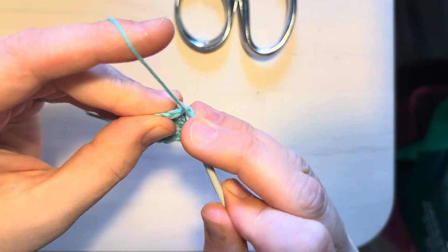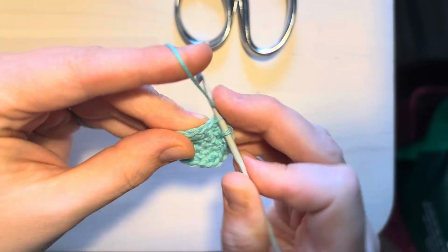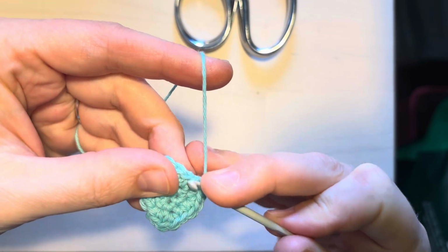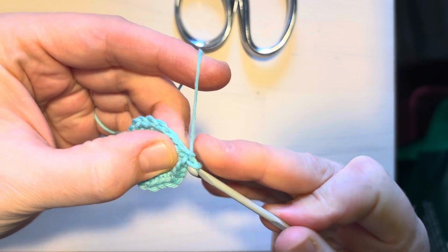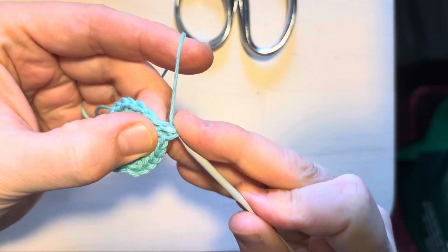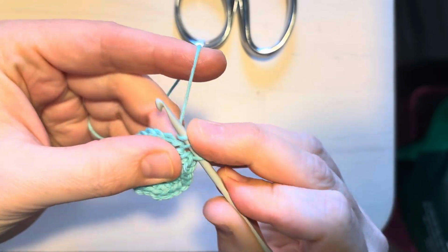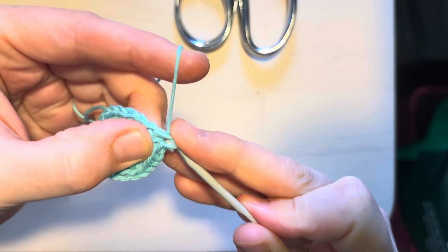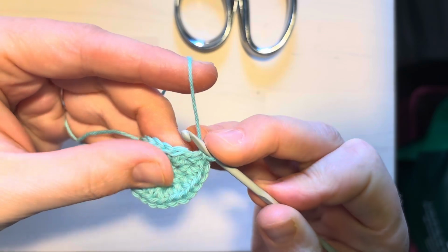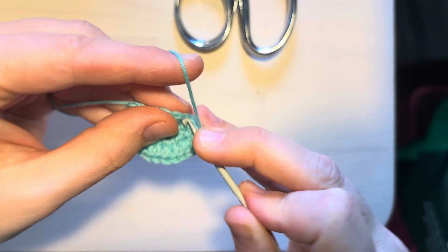Okay, now we're going to go 7 by itself in this one, 7, 8, and 9 stays in the same hole there, 9, 10, new hole, 11, 12, 13, 14, 15, 16, 17, 18, 19,